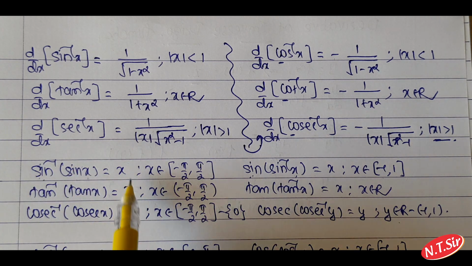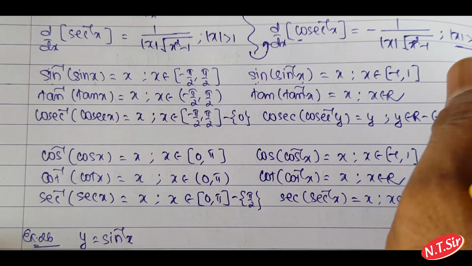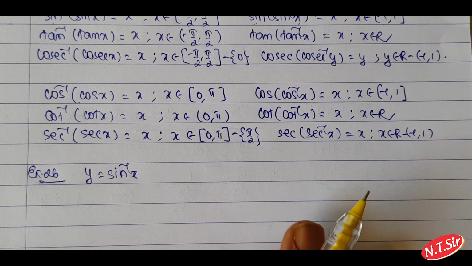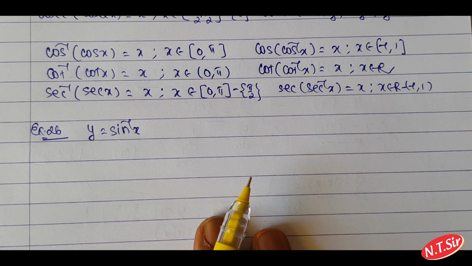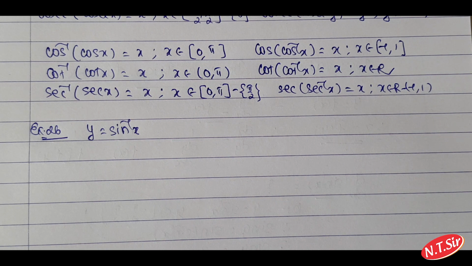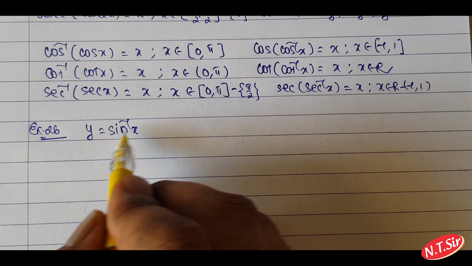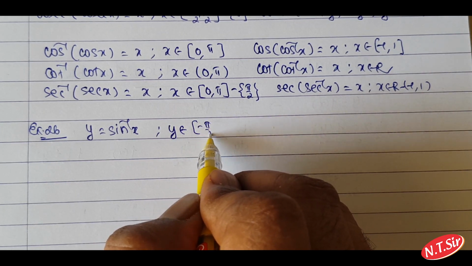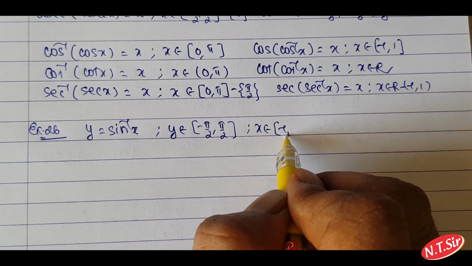Also remember these inverse trigonometric formulas as I told you, right? So these all formulas are very important for solving the questions of inverse trigonometric functions and differentiation, right? So now y is equal to sin inverse x. मैंने आपको आगे भी बताया था जब हमने इन्वर्स का डेरिवेटिव कैसे फाइंड करना है तब भी यही एग्जांपल सॉल्व किया था, मगर वापस करते हैं, राइट? So y is equal to sin inverse x. So what is y? y belongs to minus pi by 2 to plus pi by 2, and the domain of y, that is x, belongs to minus 1 to 1.